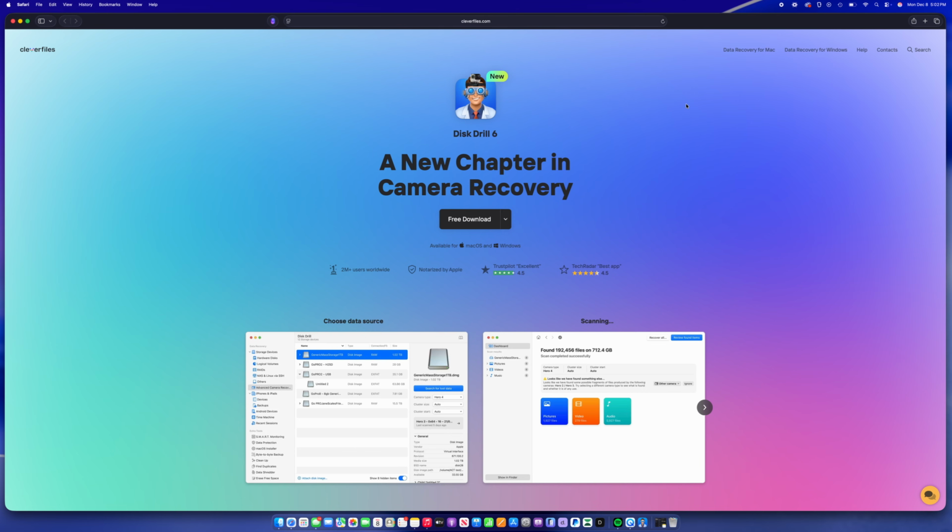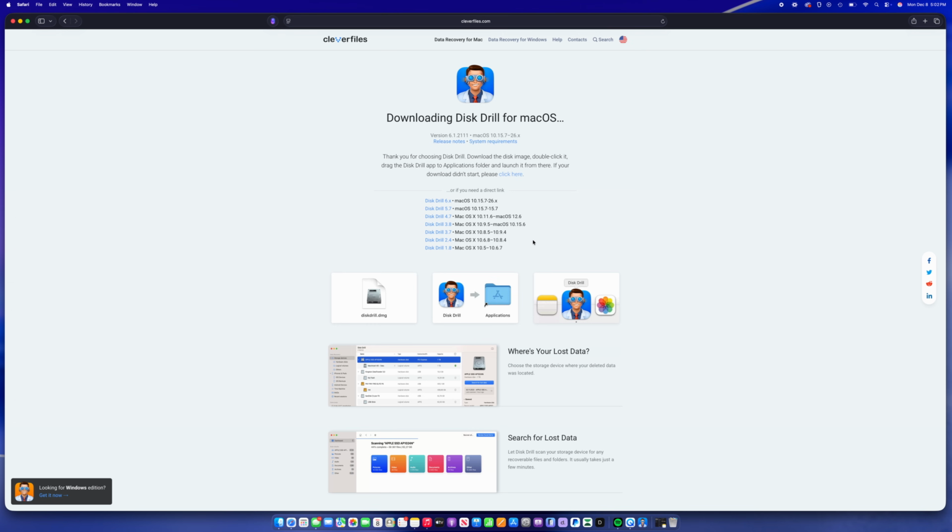So let's get started. We can start by downloading Disk Drill from the official website, which will be linked in the description below, by clicking the button that says Free Download. Now it's important to download the correct software build for your version of macOS. So if your version of macOS is up to date, then the corresponding build of Disk Drill will be downloaded